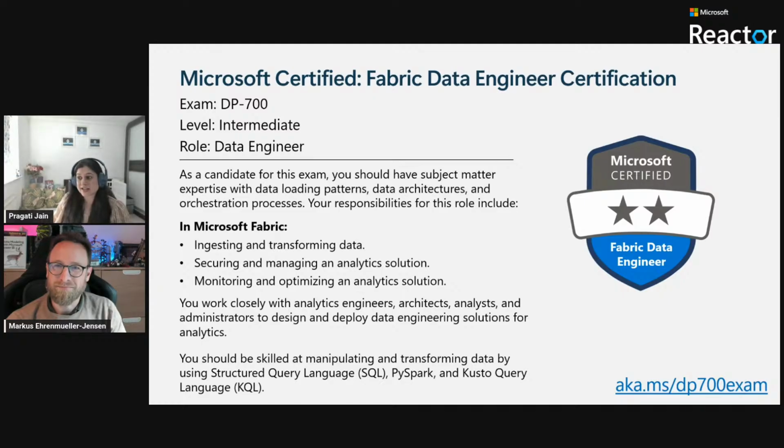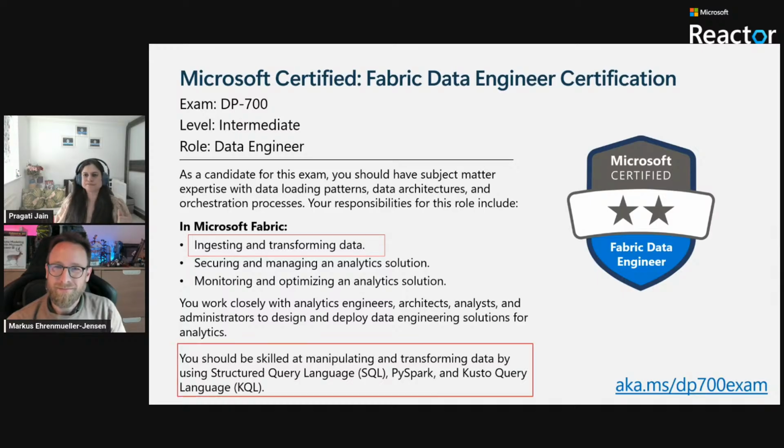And as this is a SaaS platform, the key here is that we need to be comfortable with all these skills like KQL, SQL, PySpark, and then you're good to go with the certification. I'm not going to go into detail on this because this was already covered in the first episode. But let's quickly go to the next part. And today, definitely, we are going to talk about the ingesting and transforming data section of this certification.